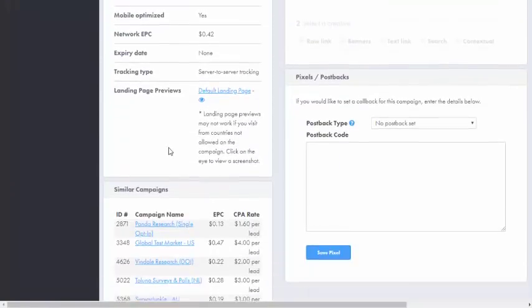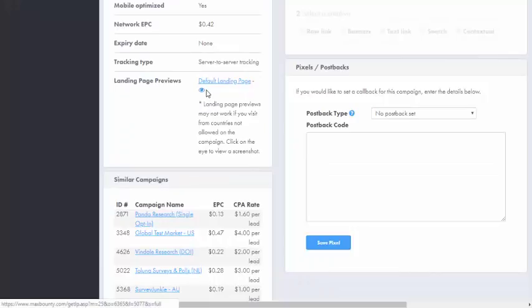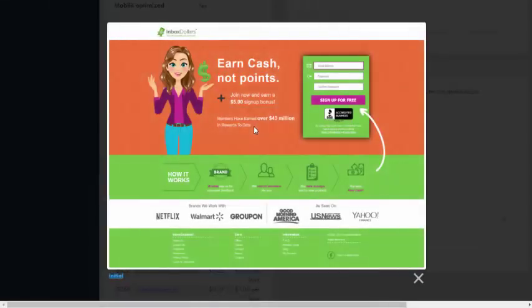Now you can see, if you click here on the eye, you can see the page, and like you see, for every member who signs up, he will get